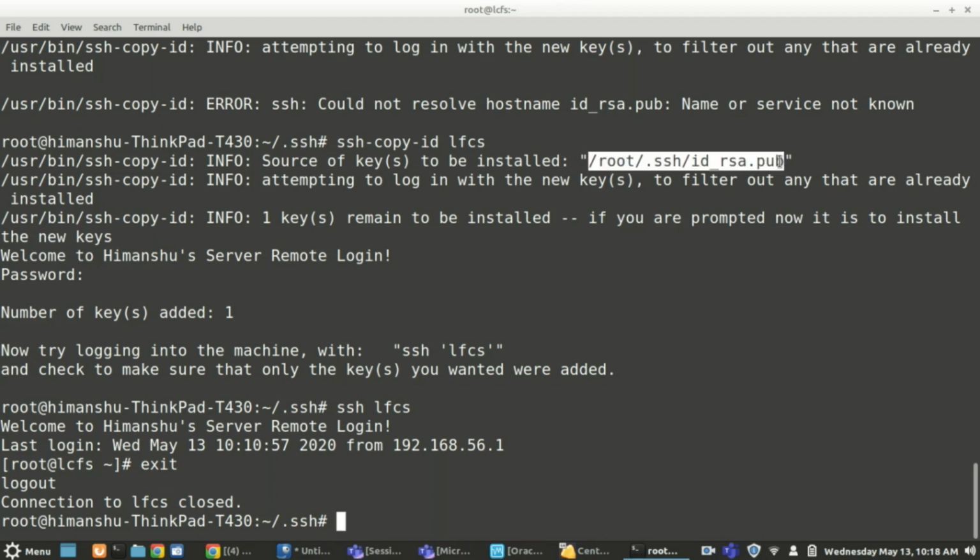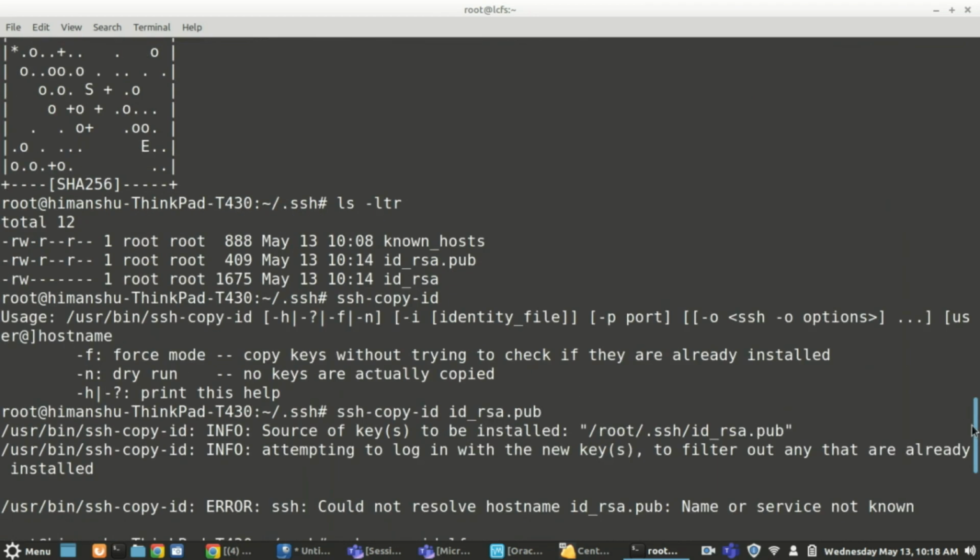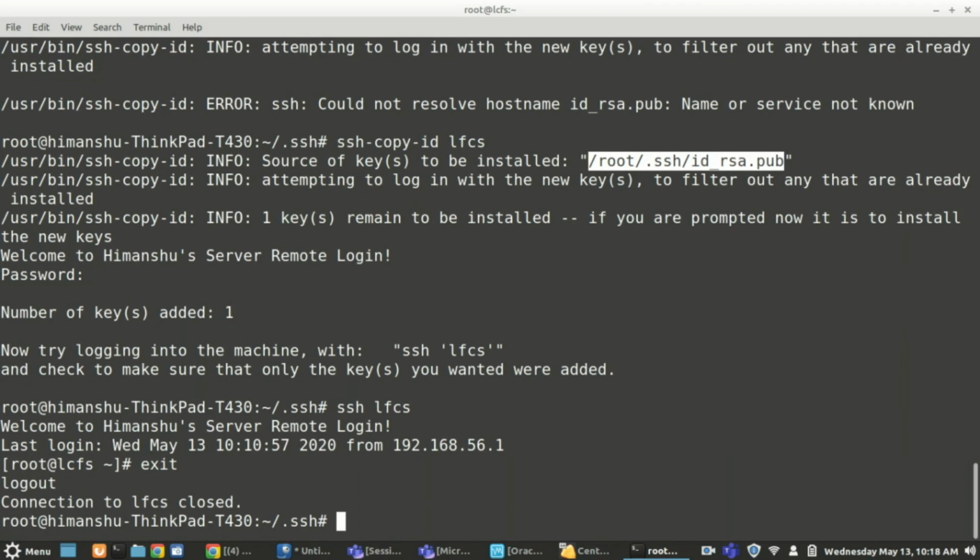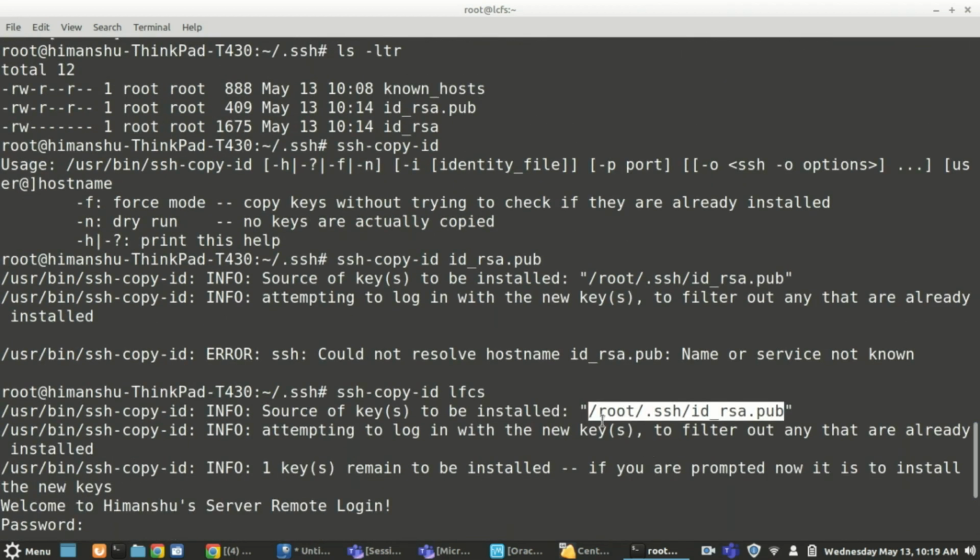The public key is the key that is generated for your source system. The private key you never assign to anyone. Only the public key is given to anyone, because this is for public only. If you give the private key, someone will break into your instance and can do anything. So always the public key is given, but they will always work in a combination of public and private key.